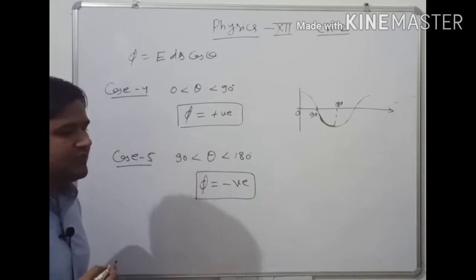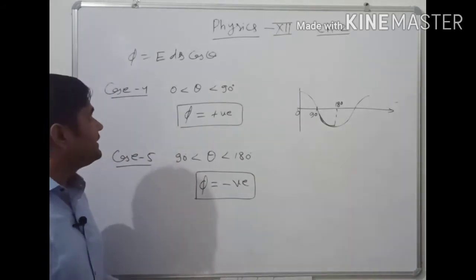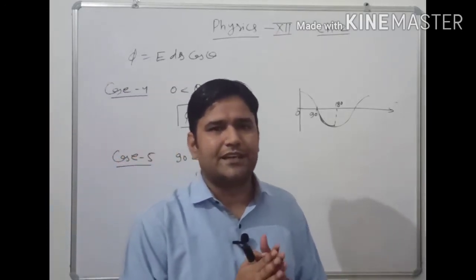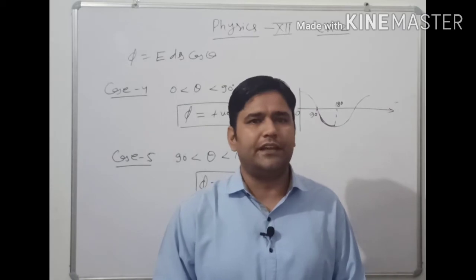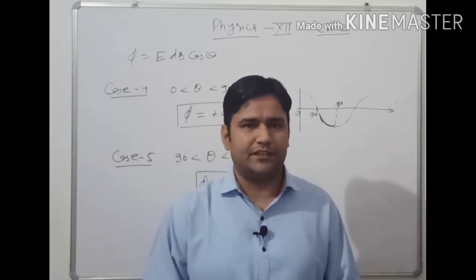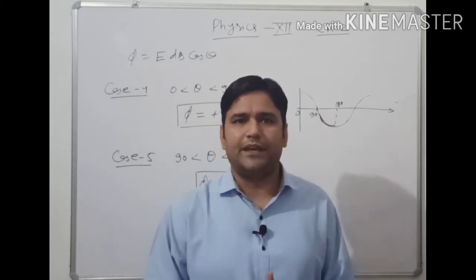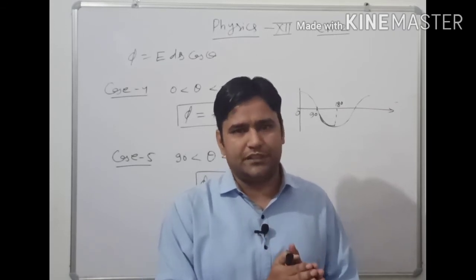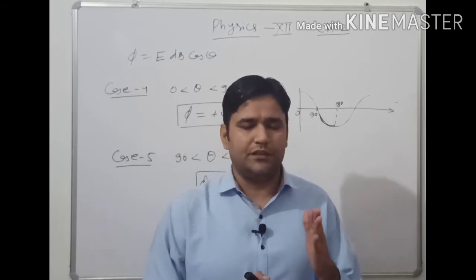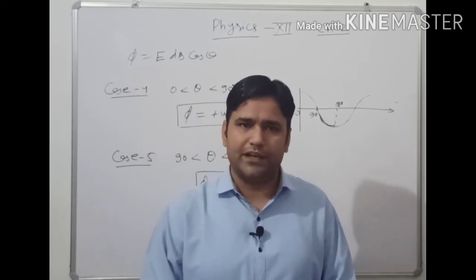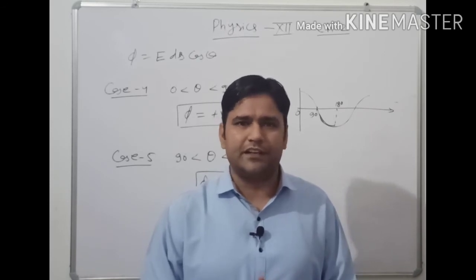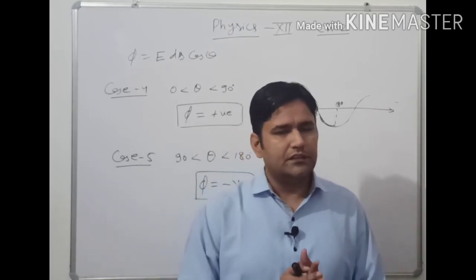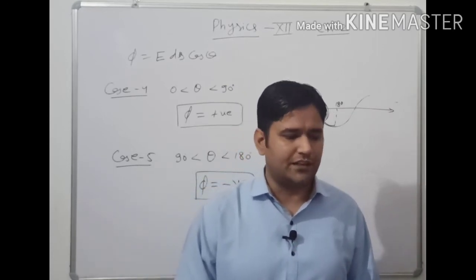So remember the direct formulations when we are considering the special cases. As per the formulations, theta means the angle between the electric field and the area vector. If it is 0, then flux is maximum. If it is 90, then flux is 0. If it is in between them, then it is positive. If the angle is 180, then it is negative. If the angle is between 90 and 180, it is negative. Clear? These are the basics of electric flux due to a uniform electric field.